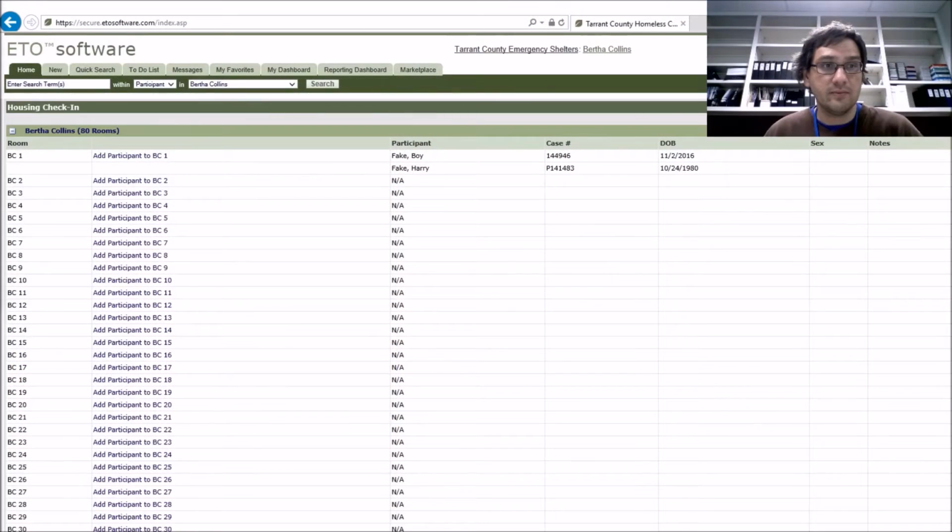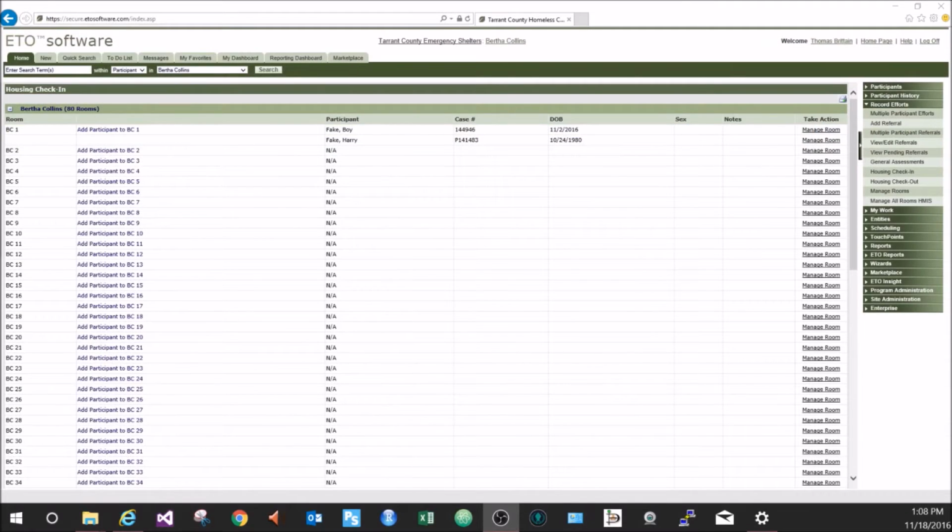Okay, so let's say that some bad information was created and it needs to be changed. There is a method in the system to allow that. So let me show that to you real quick. So here in ETO, we're back with our 2 participants. And let's say that this fake boy here, we've checked that participant in the wrong date. We can actually click on Manage Room,